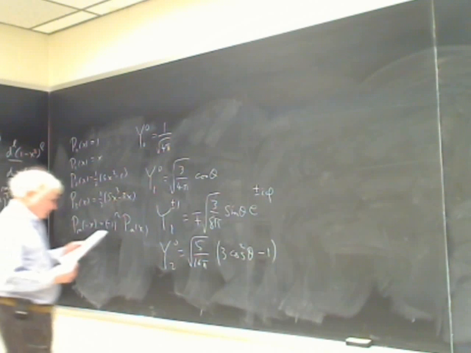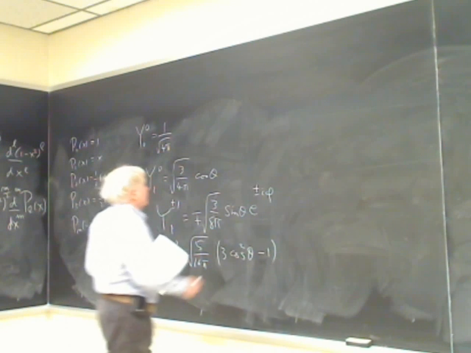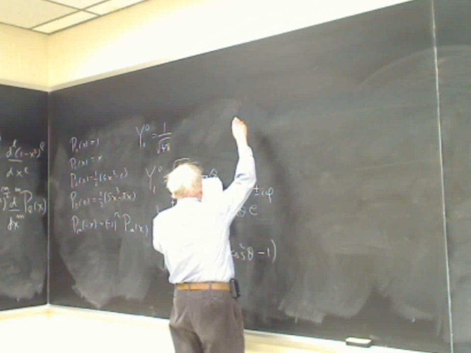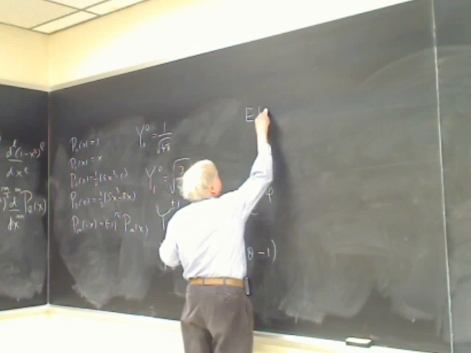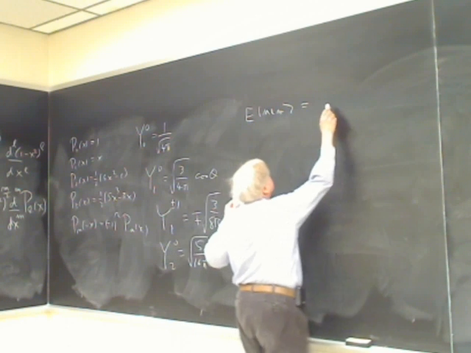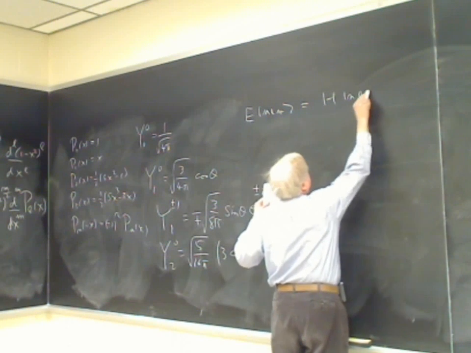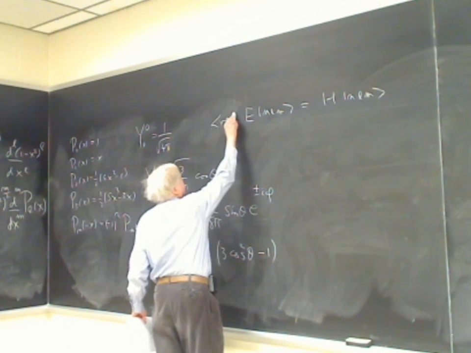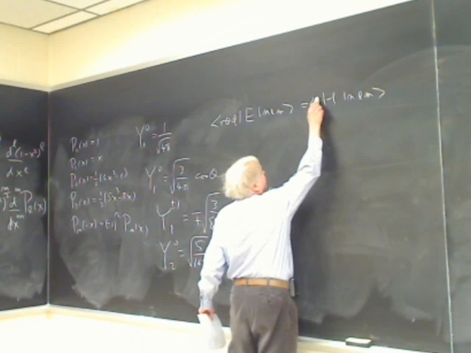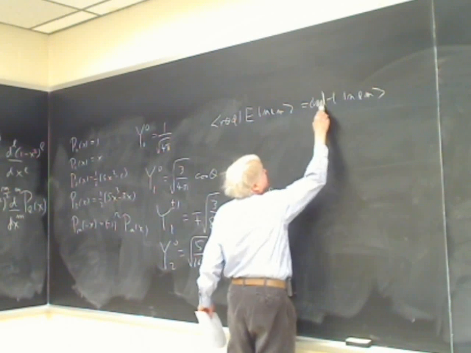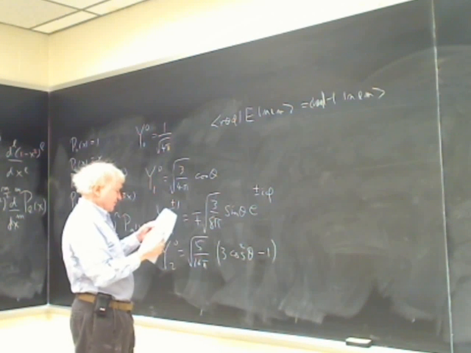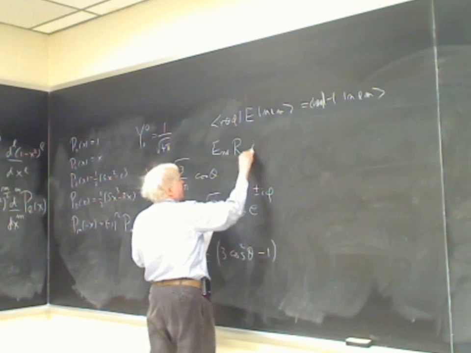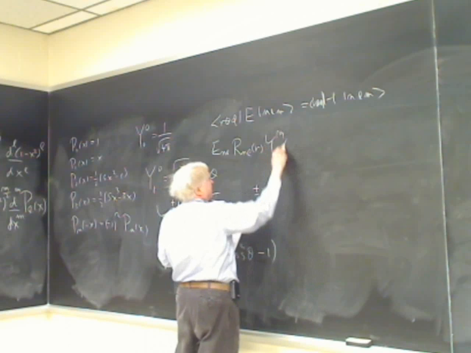Now the equation, I guess I'm going to write it backwards. E_nlm, take the inner product here with r theta phi. What we get here is E_nl, R_nl of r, Y_lm of theta